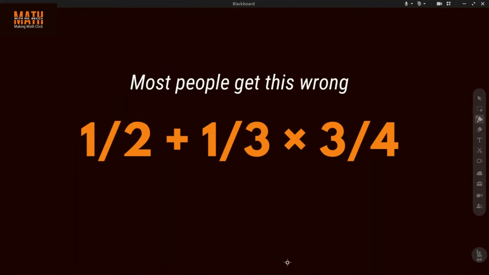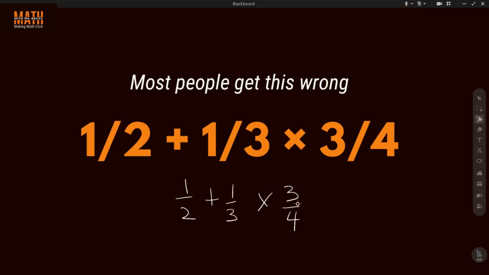Let's see if you belong to the 15% who get this right. The question is 1 over 2 plus 1 over 3 times 3 over 4. Most people add first, saying 1 over 2 plus 1 over 3 before they multiply by 3 over 4,